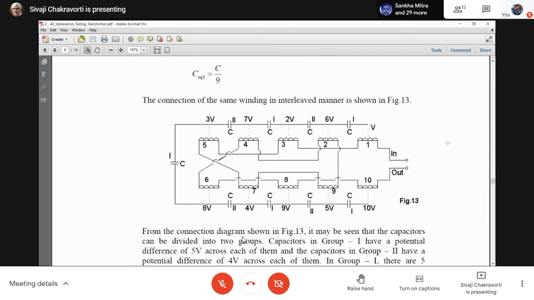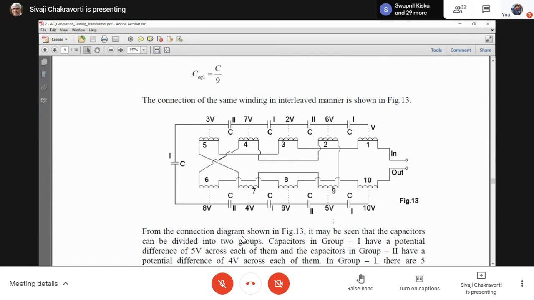But the potential difference is not the same. Now here you see the first section has voltage V, whereas the second section doesn't have voltage V, it has 6V. You can calculate. Similarly, the third section has a potential of 2V. So what is the energy of the first capacitance? Half C 5V square. What is the energy of the second C? The potential difference is 6V minus 2V, that is 4V. So half C 4V square.